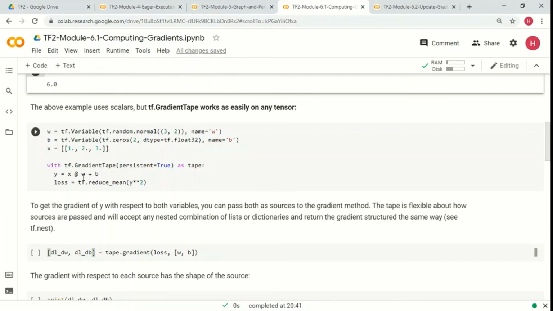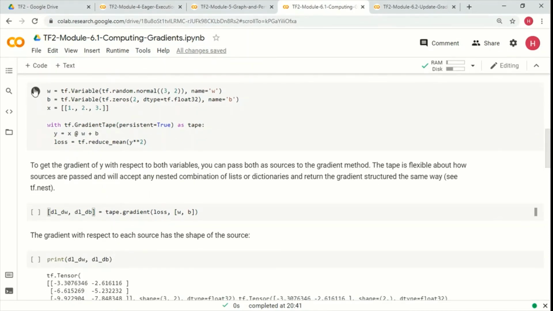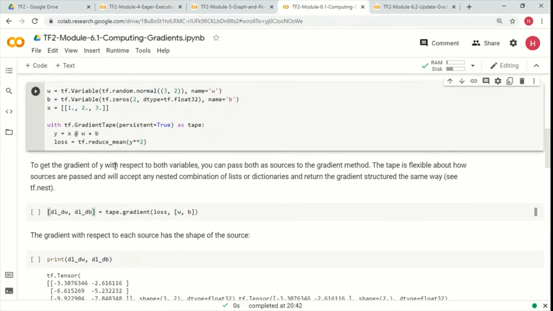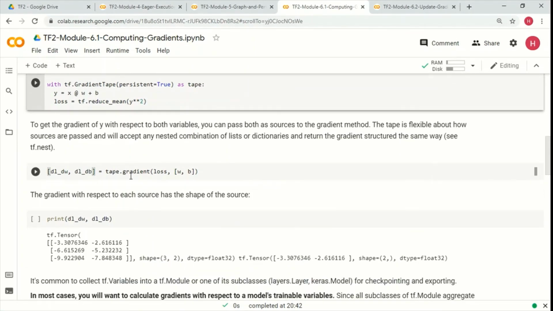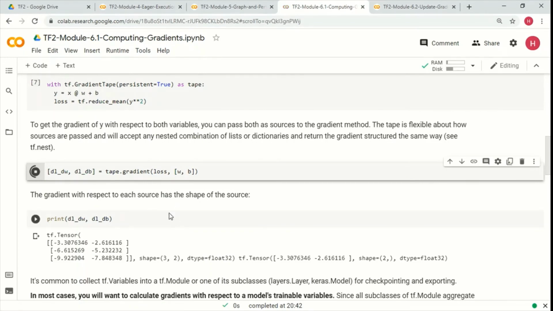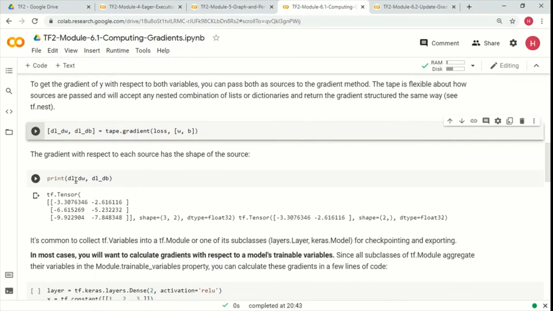Otherwise it will discard the resources. That's why we say persistent equal to true, because we want to execute multiple operations here. So let's do this. Then we calculate the gradient, tape.gradient of loss with respect to w and b, and print the gradient of the weights matrix and the gradient of the bias matrix.